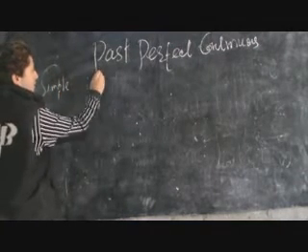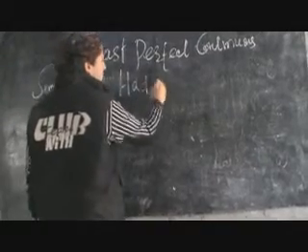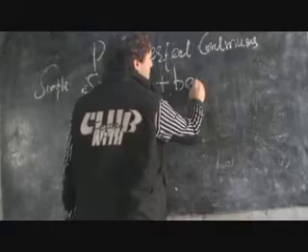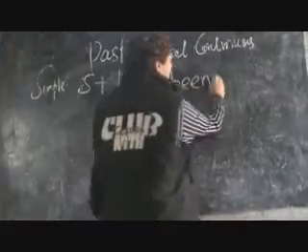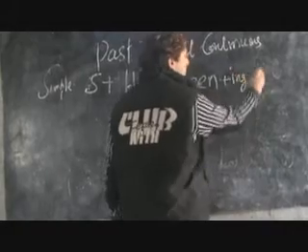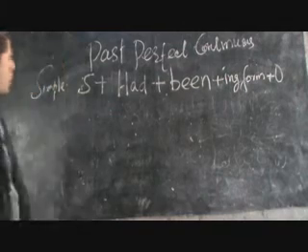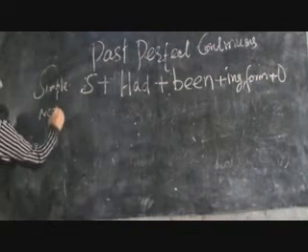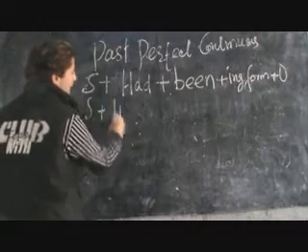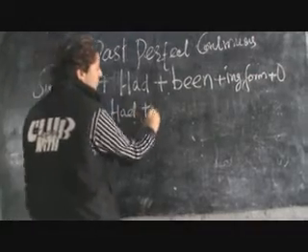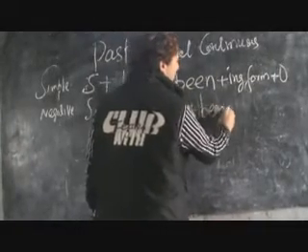is subject, then it's had, then it's been, or we can pronounce it in the weak form, then there is inform, then there is object. So now for the negative ones is subject, then there is had, then there is not, then there is been, then inform